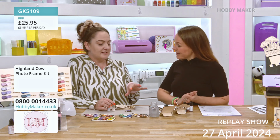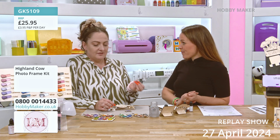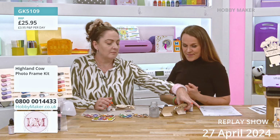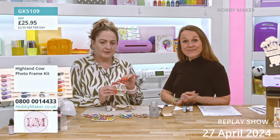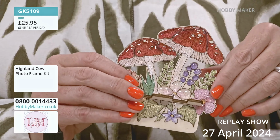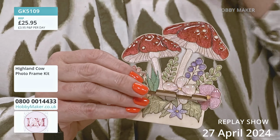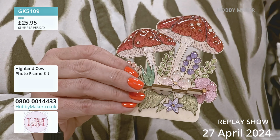So the clear stuff is basically what I use to put a glaze on top. It just transforms the whole design the moment you put clear stuff on it. So on all my examples that we'll show today, if you see the shiny parts on it, then that's my clear stuff. Wow. So clear stuff is very similar to a UV resin, but within the resin families, it's